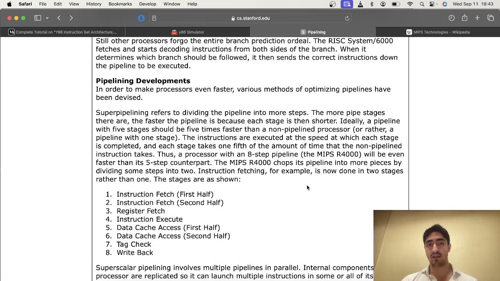The more pipeline stages there are, the faster the pipeline is because each stage is then shorter. Ideally, a pipeline with 5 stages should be 5 times faster than a non-pipeline processor, or rather a pipeline with 1 stage. The instructions are executed at the speed at which each stage is completed,